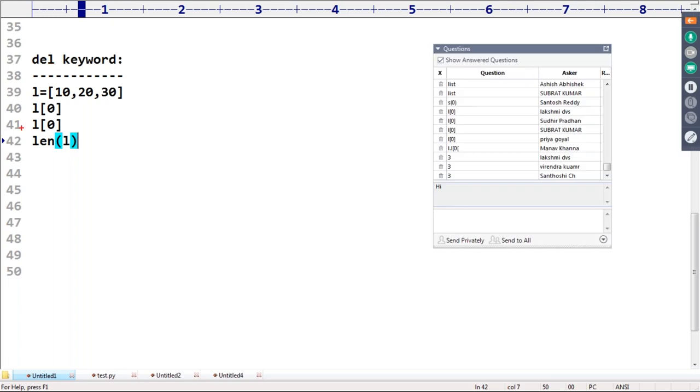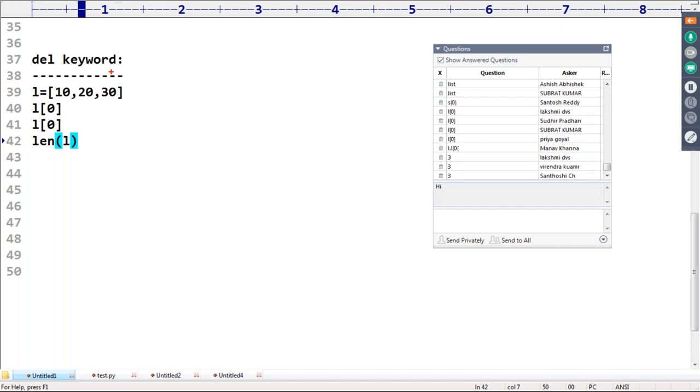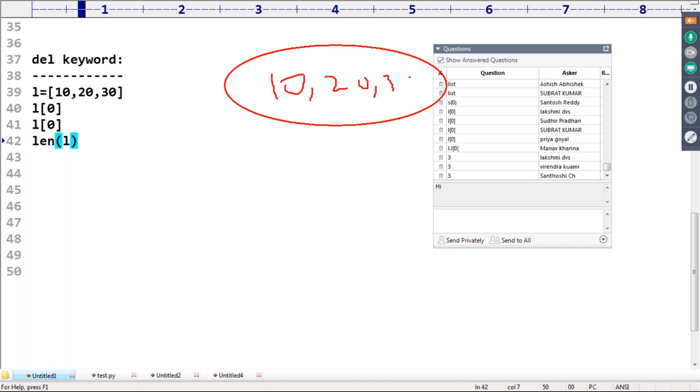If you want to use this list, you use L every time: L of 0, L of 1, length of L. The list object 10, 20, 30 is there, and L is the reference variable for it. When the work with this list is completed, the list object is no longer required.